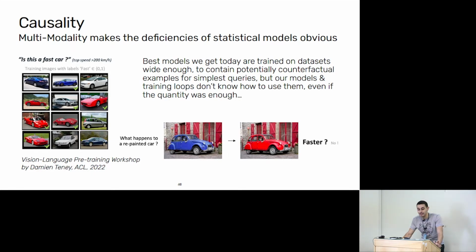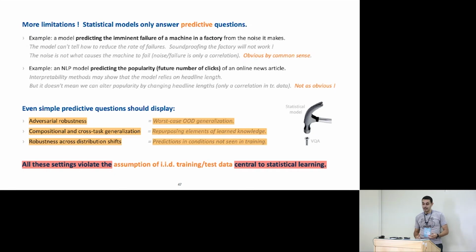The person is asking, or let's say the training set has a question, is this a fast car? And there are a bunch of cars. It just so happens that most of the fast cars are red, like Ferraris. So when you show two pictures, like a blue one and then a red one, like a modified car, and ask if this car is faster, the statistical model assumes, yes, the car is faster, because all the fast cars it's seen are red, but it is not learning any causal information. And us trying to do generative stuff with models that cannot even infer this basic information is a bit of leapfrogging.